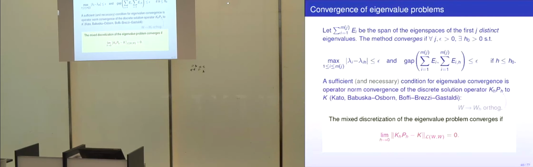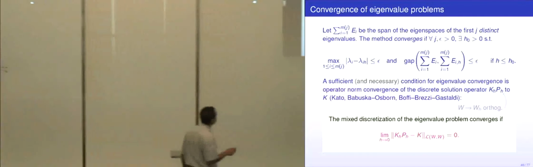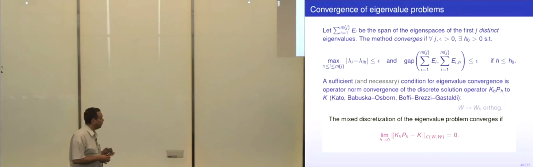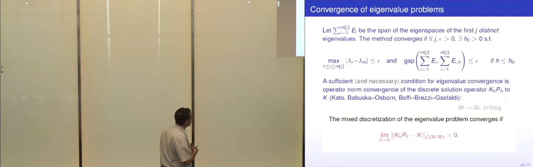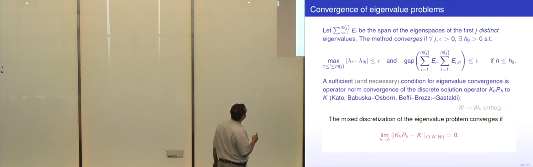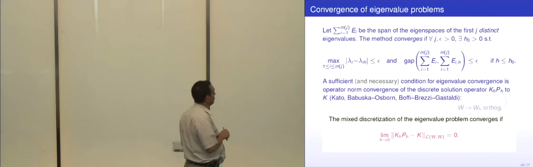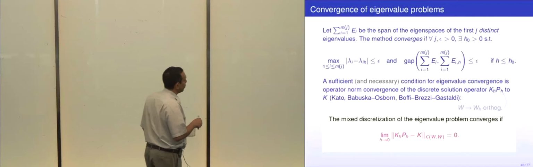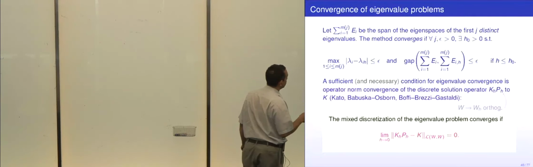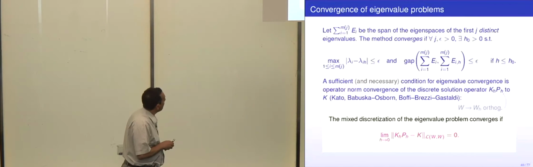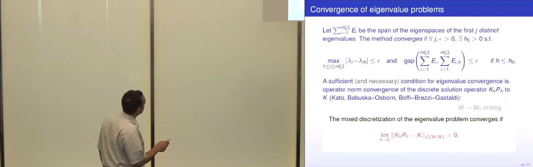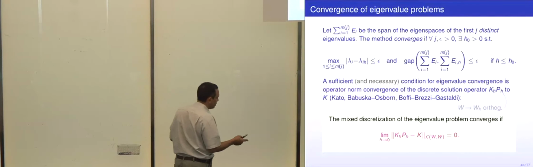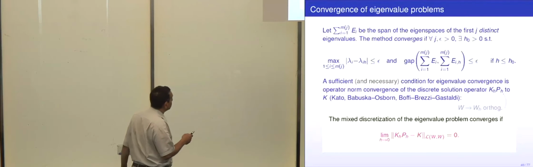There's a very simple, necessary, and sufficient condition for eigenvalue convergence that comes out of the theory of eigenvalues of compact self-adjoint operators and their perturbations, which is, say, in Kato's book. And there's a big handbook article on finite elements for eigenvalues by Babuska and Osborn. There's a lot of very nice recent work by Boffi, Brezzi, and Gastaldi, that group. And here's the necessary and sufficient condition. I think these three guys proved it was necessary. For a long time, it's been known to be sufficient. And it's done using spectral integration theory in the complex plane and resolvents and stuff.